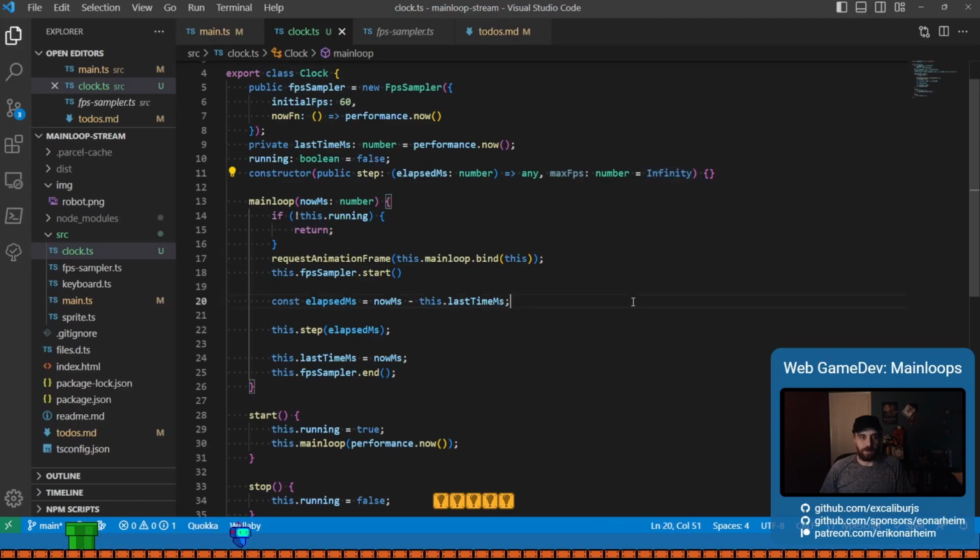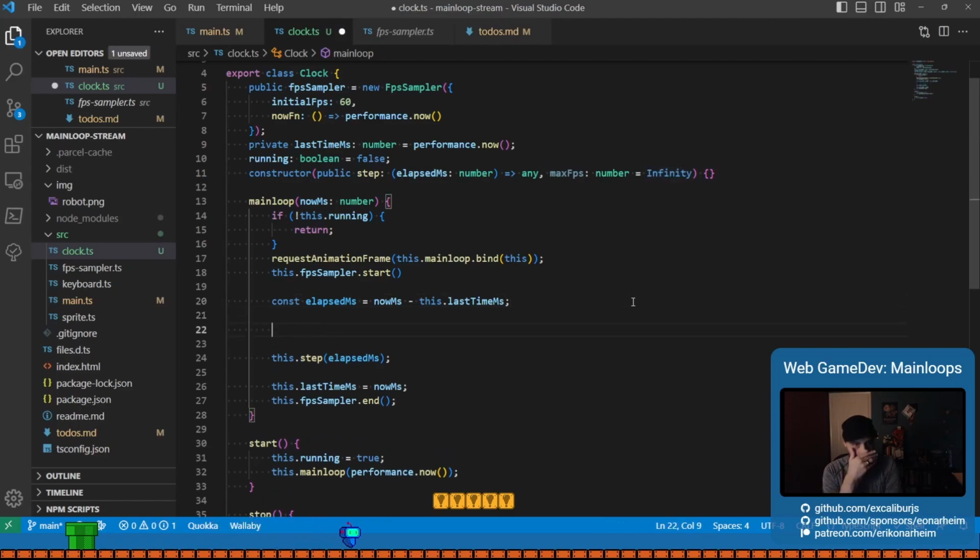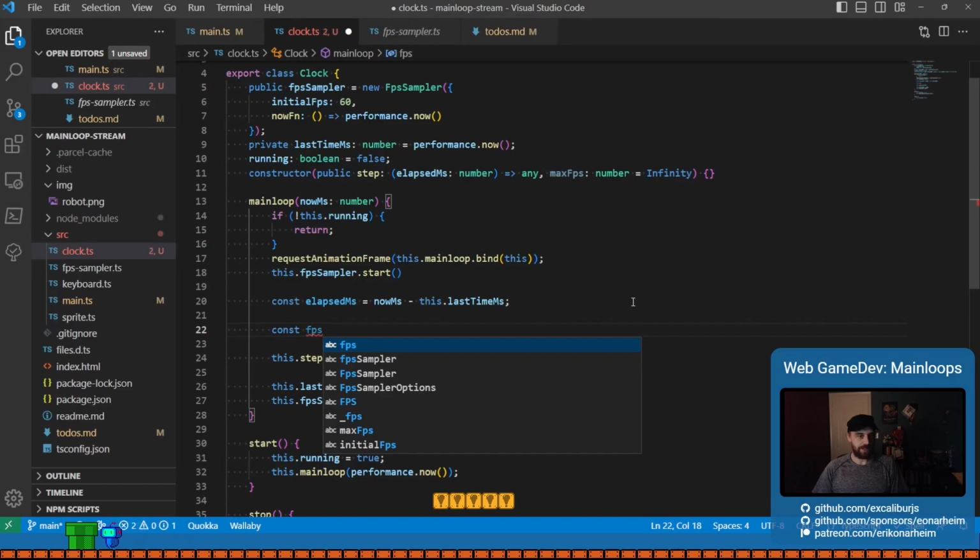So what we want to do is, if we are going to update too fast, we want to skip a frame. So how do we do that? We can calculate the interval of the max FPS